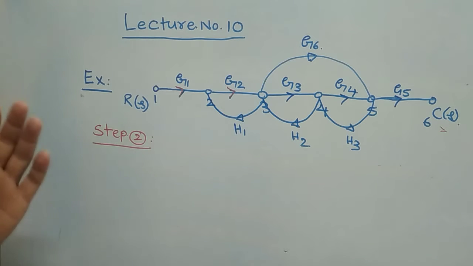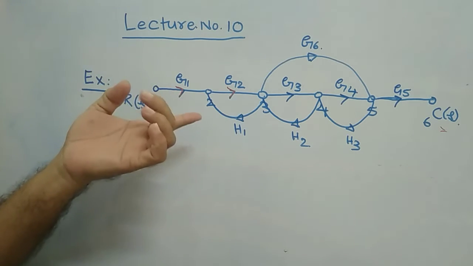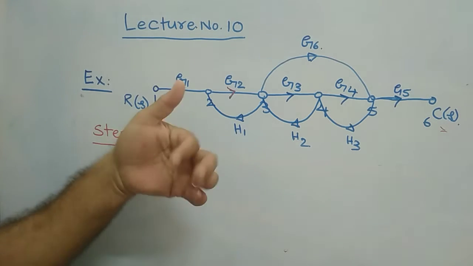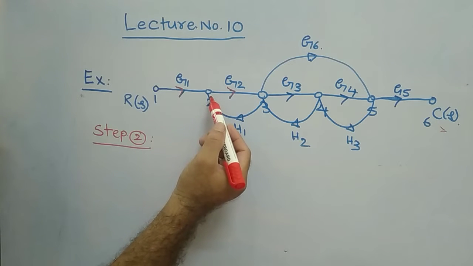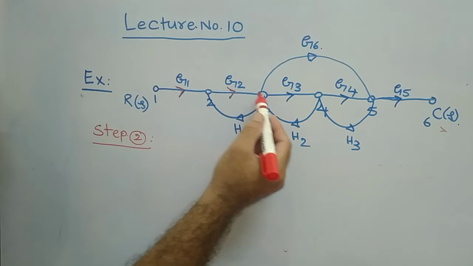You have to identify the individual loops and write down the individual loop gain. So let us see, in this signal flow graph, from node 2 to node 3